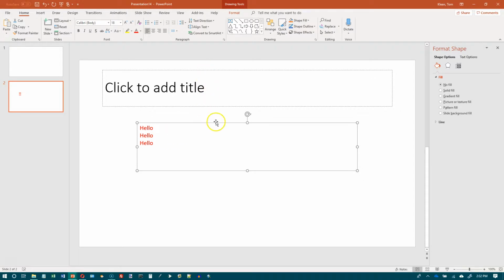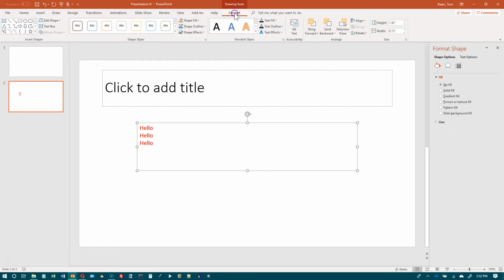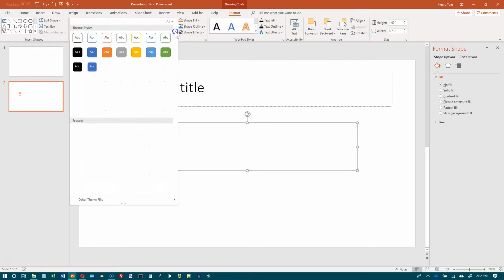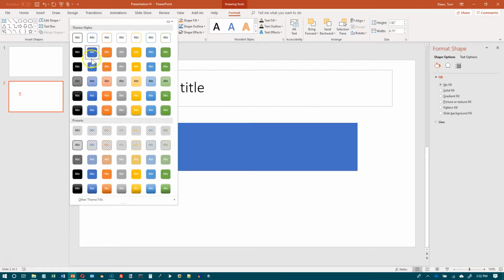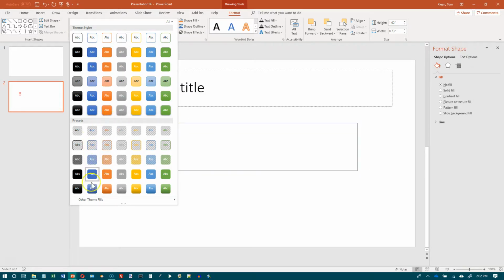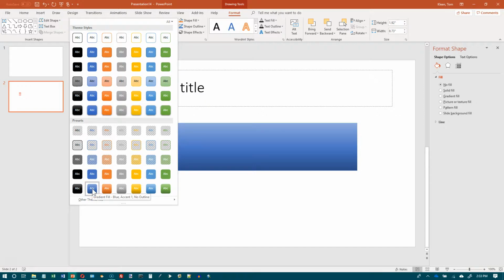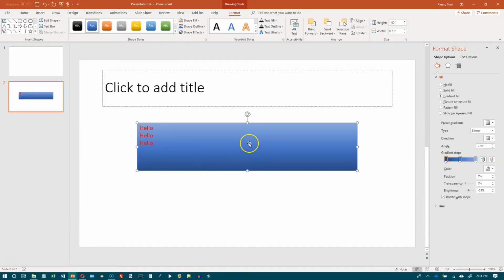Okay, when you have a text box selected, so I've got the handles around it here, and if I click on Drawing Tools, Format, this is the ribbon that I get. We'll look at most of the options on the ribbon here. First of all, there are a bunch of predefined styles for this, and so you can go in here and you can pick one, and we'll try this gradient blue one here,